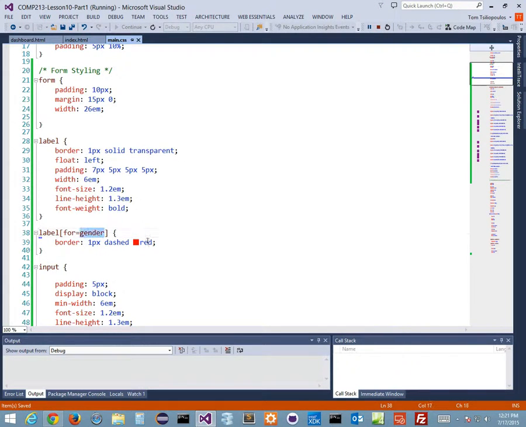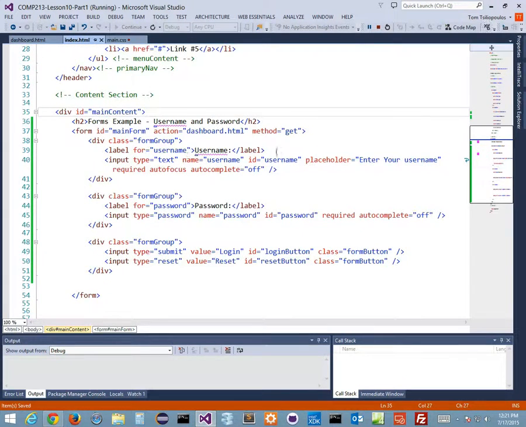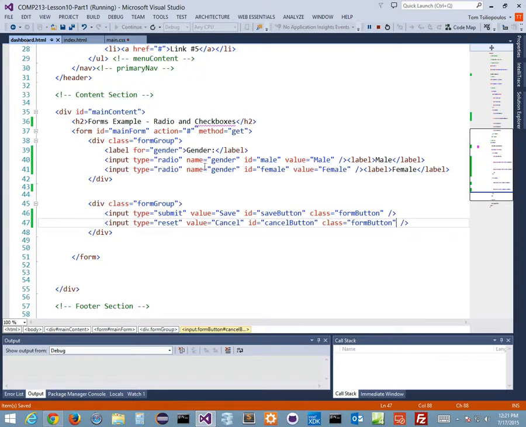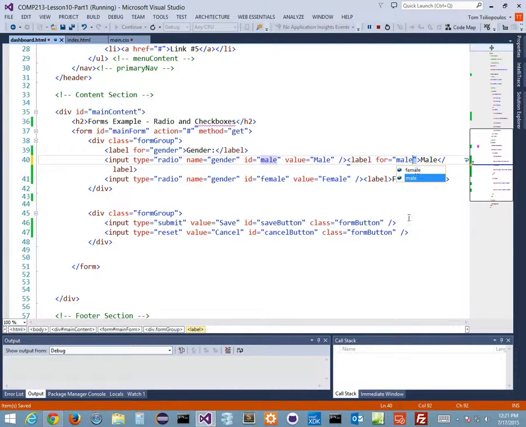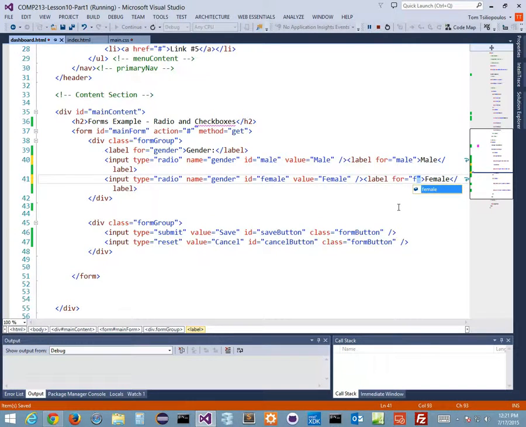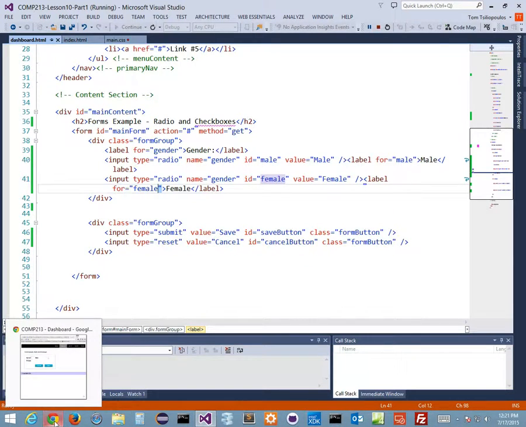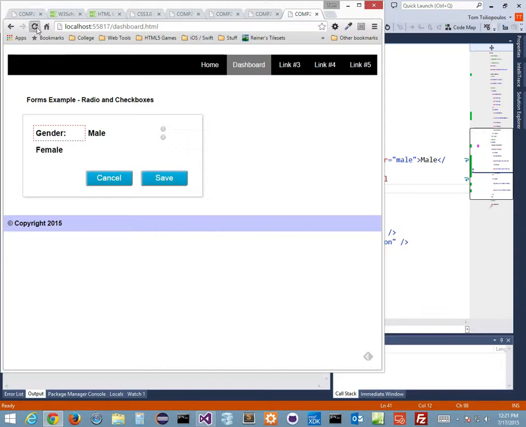Now let's specify a label for male. And I don't have a label for male because I haven't specified that in my index.html, sorry, my dashboard.html. I didn't specify that this label is for male. So I go for equals male, right? And then this one is for equals female, right? So labels for male, labels for female. Now let's see what it does. So if I specify that and refresh,